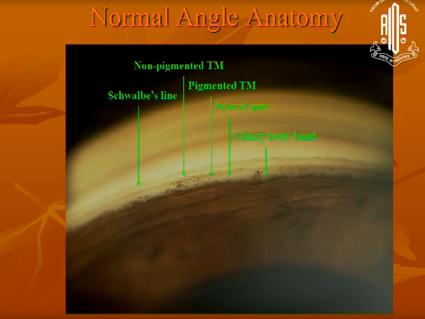The best thing to do is to pick up patients who have already been operated for cataracts. Usually they have deep anterior chambers, and you will be able to study these very well. So for people who are starting into ophthalmic practice, take the first 25 cataract-operated patients and put in a gonioscope, and you will be able to study this quite well in those patients.